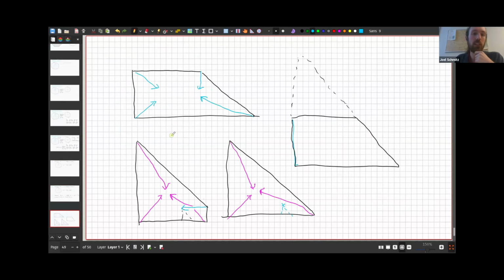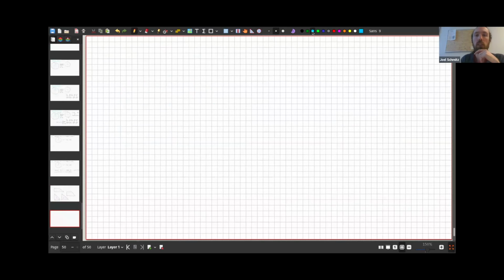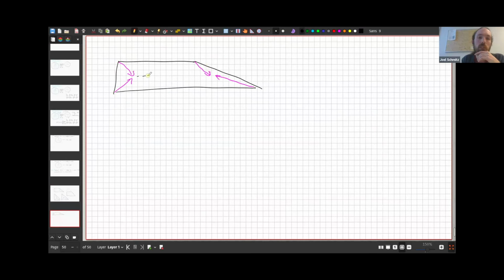So what happens if I'm in the case of the Hirzebruch surface? It looks something like this, maybe. Then I'll be in the situation where I have a hat like this, and like this. So the maximum of the function will be this line segment here. And now if I want to go to the standard